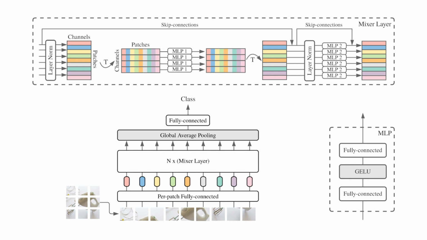Let us now focus on the upper diagram where we can see what is happening inside of a single mixer layer. The input is a 2D table where the rows represent different patches and the columns represent different channels of the patch embeddings. The idea now is to learn two mappings. One that takes a single row and maps it to a new row of the same shape. And similarly, a second mapping that takes a single column and maps it to a new column of the same shape. These mappings will be represented by two separate multi-layer perceptrons.